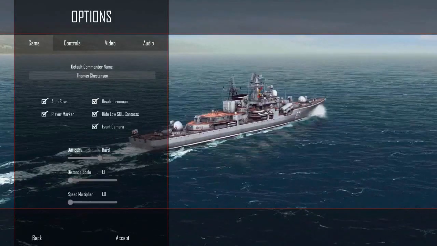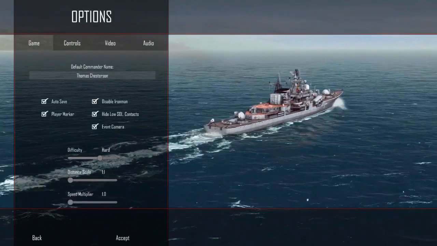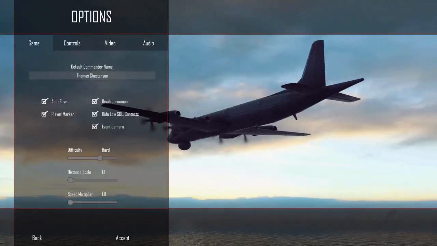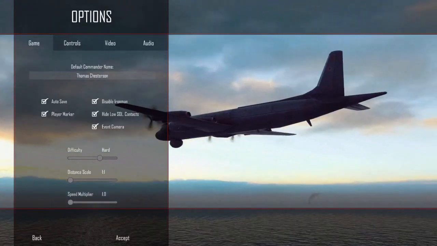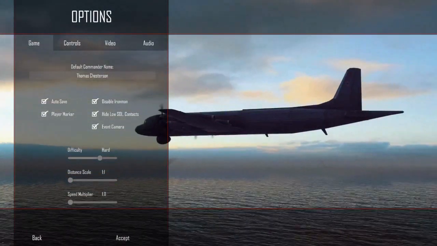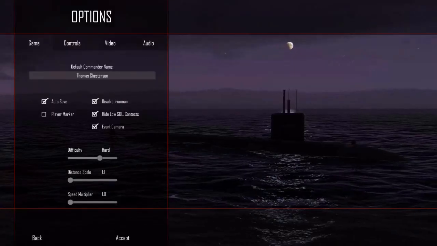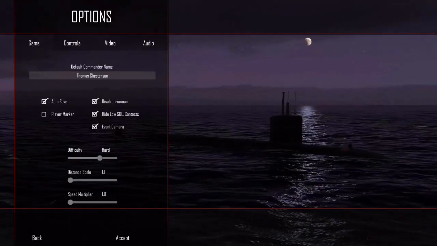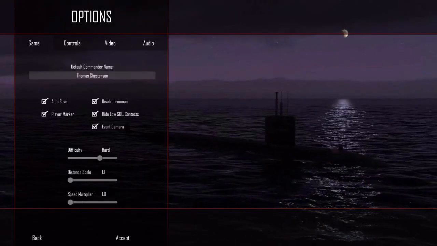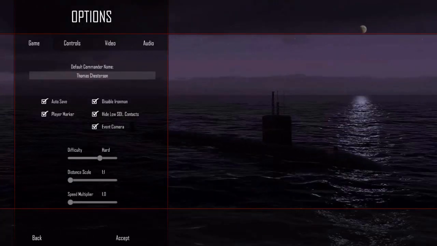Yeah, you can see here what I have. The only thing that's not full realism, and would be a little bit too much, is the player marker. In the tactical screen, your position is marked. If you unclick this, you don't even know what your position is. So yeah, that's a little bit too much, especially because modern submarines have inertial navigation systems and very evolved